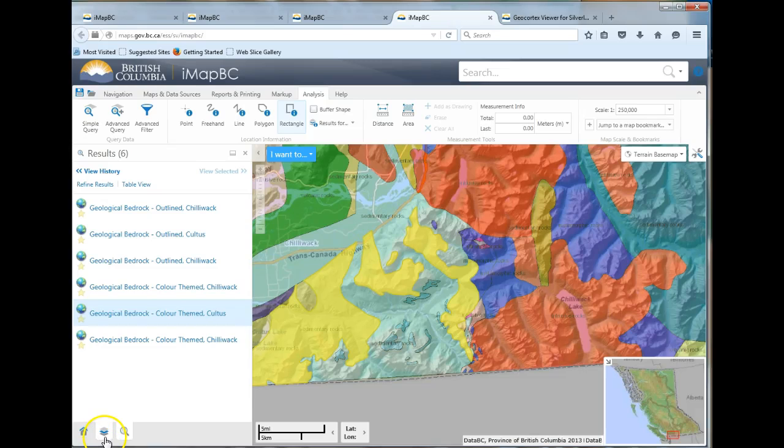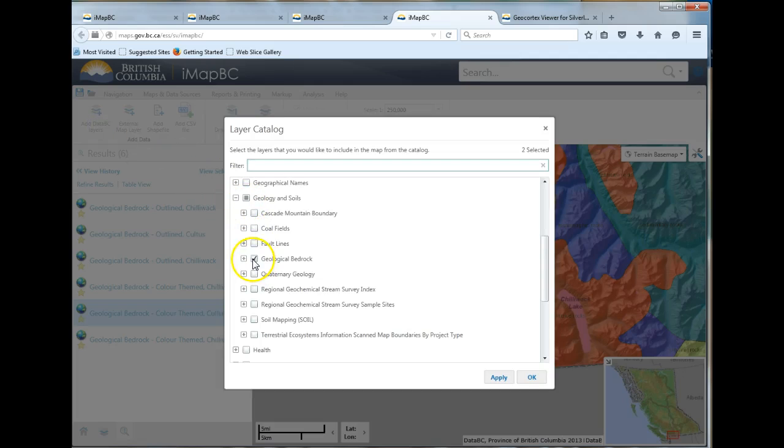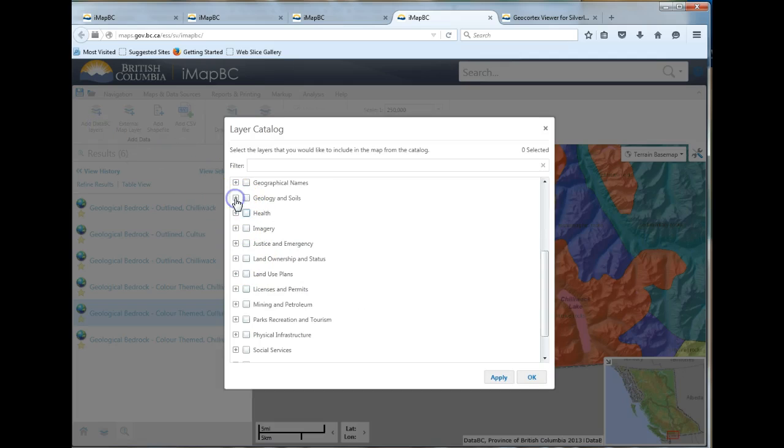So in this video we're going to move away from the geology and look at the biogeoclimatic ecosystem classification subzones of the Chilliwack River Valley. You're going to start by going to Data, BEC layers, and you're going to remove the geology layer, and you're going to add